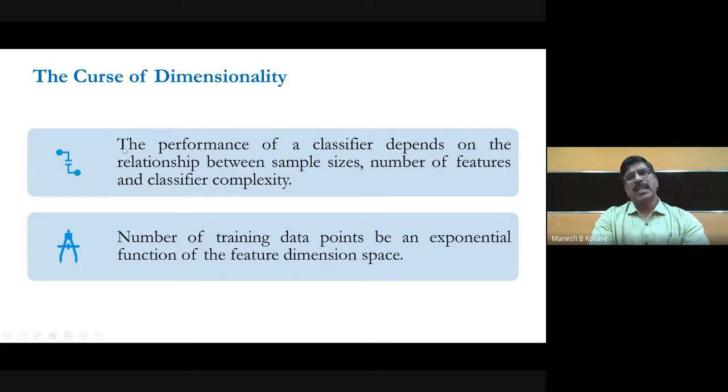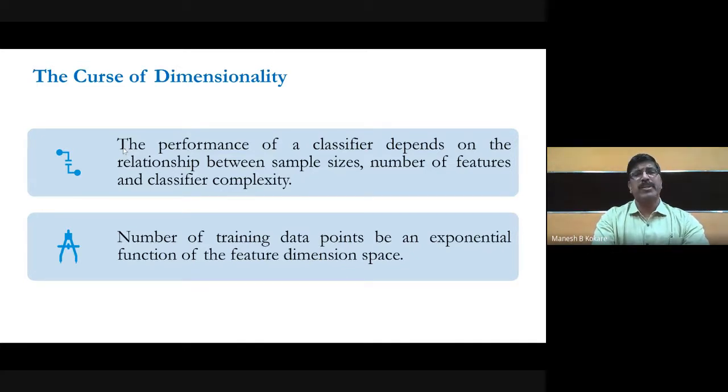So as far as possible, try to reduce the dimension and select only the best or optimum features, and then you'll get the optimum performance. Otherwise, if you are increasing the number of features, definitely the computation complexity will increase, and there will not be much improvement in the accuracy also.